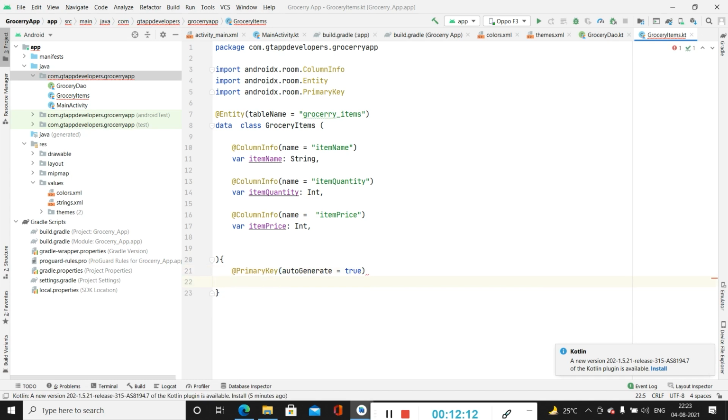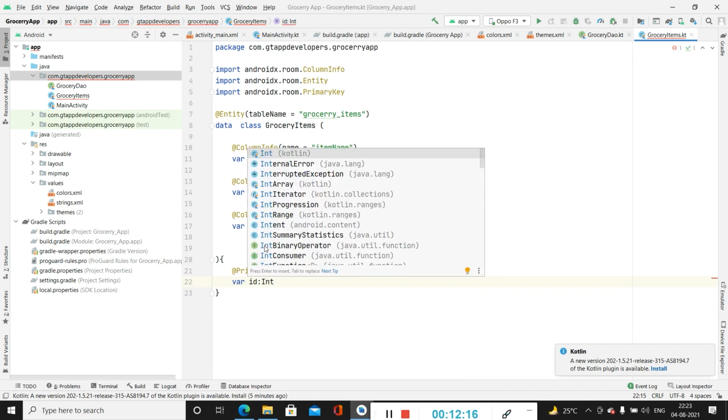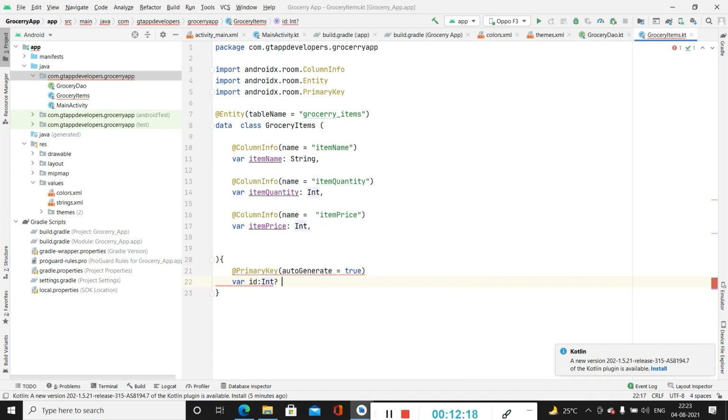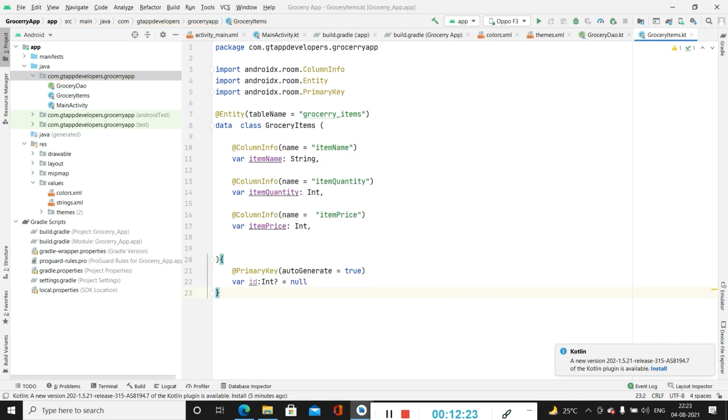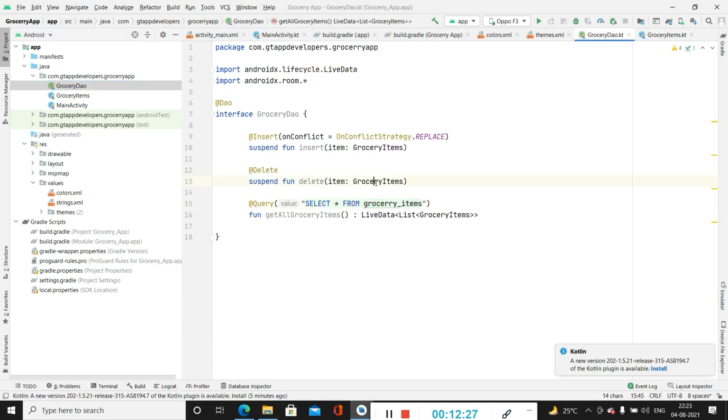This will be the unique ID, and inside this we will be creating a variable, that is ID. Now we have created our model class as well as DAO class. So this one is our DAO, and the next one is our grocery items model.